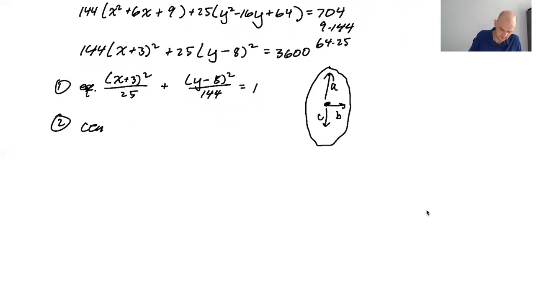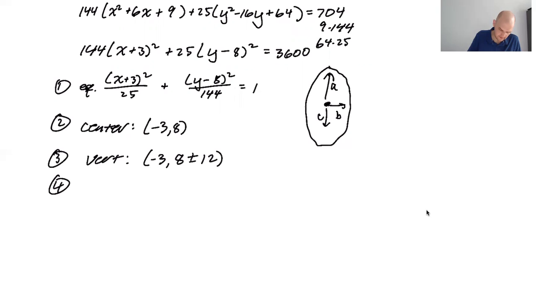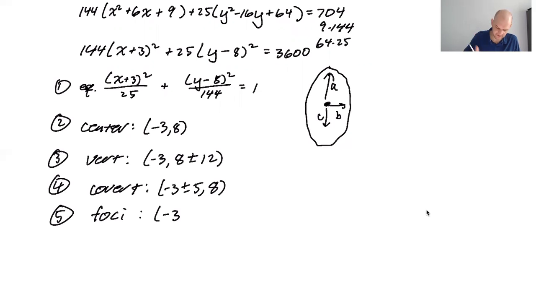The center is going to be -3, 8. Vertices: it's -3 and we're going up and down, so 8 plus or minus 12. Covertices: -3, we're going left and right, so plus or minus 5 and then 8. Foci are going to be -3, we're doing the up and down again, so it's comma 8 plus or minus